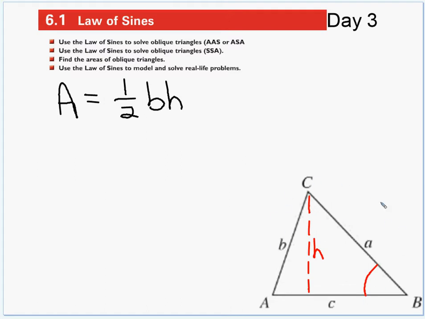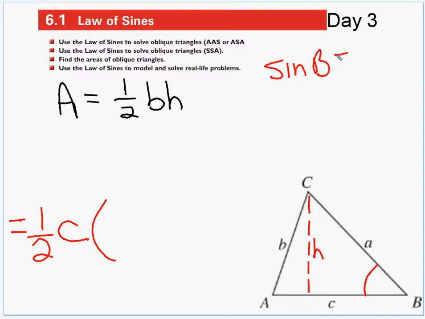Down in the corner here I have a generic oblique triangle, and the area of that is going to equal 1/2. The base is easy, that would be side C. But the height, I've got it marked in here, this red dotted line, the height of this triangle. So let's try to figure that out. If we're going from angle B's perspective, angle B, the height is opposite, and then this side here, A, would be adjacent. So the sine of B is equal to opposite over adjacent,